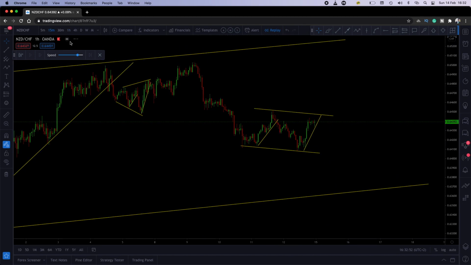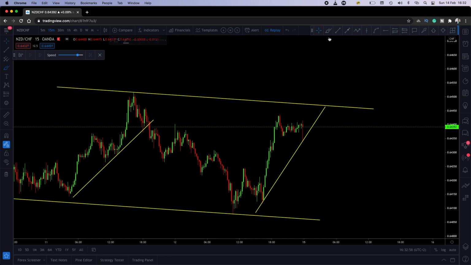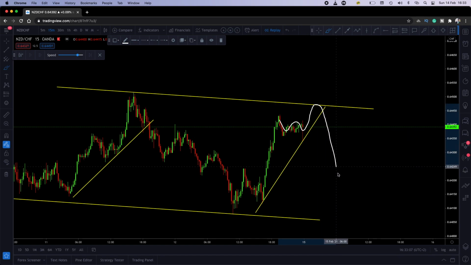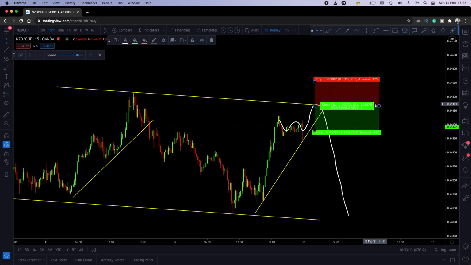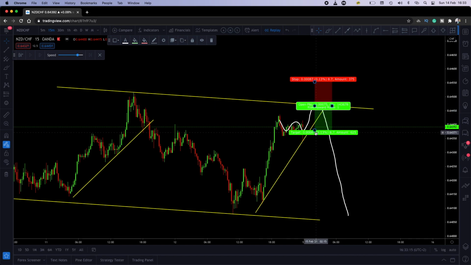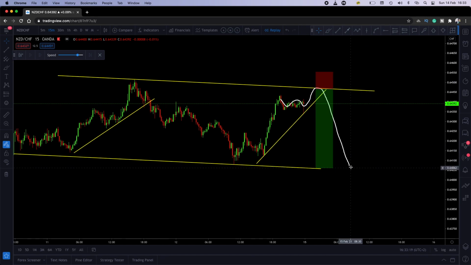So let me go to a 15 minutes. So you see on the 15 minutes, it's going to do like this, come up here. Once it bounces here, that's when I'll sell this pair. That is when I'll put my first entry, my take profits, and then my second entry will be,